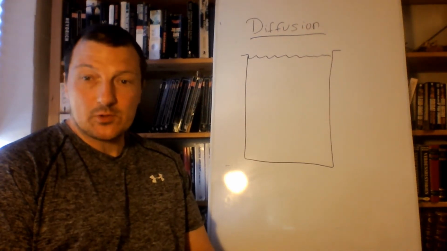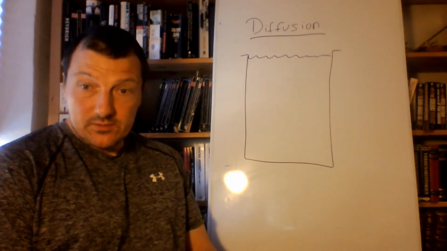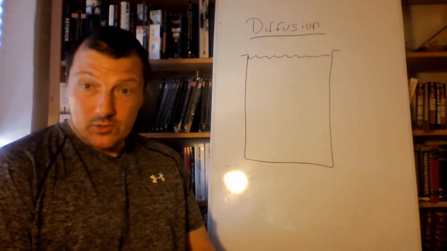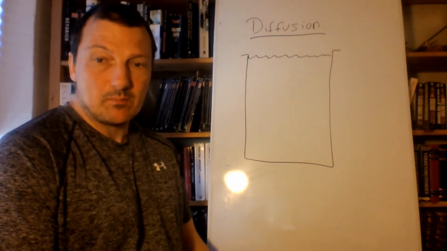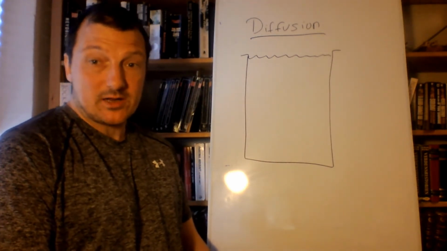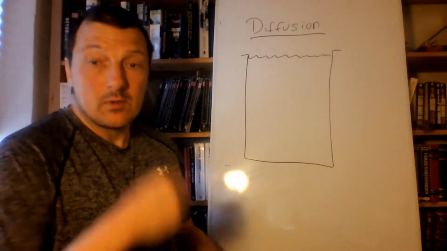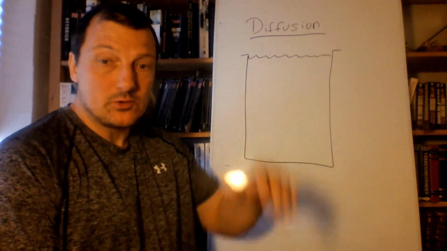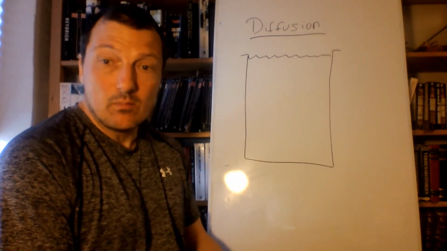So today I'm going to talk about diffusion, osmosis, and active transport. Three very important subjects in biology, or science in general. But let's go with diffusion. It comes from the fact that molecules always move unless we are at a temperature of perfect zero. In a solid, molecules will vibrate, but in a liquid or in air, molecules will move